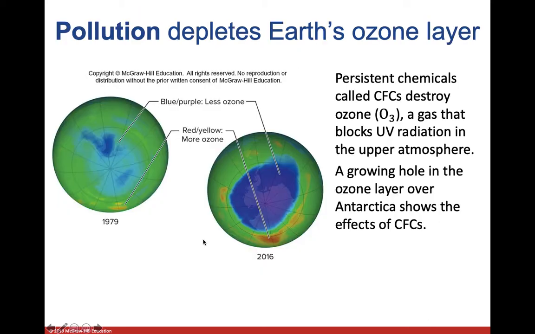It's very interesting. So pollution has depleted the Earth's ozone layer. Now this is a naturally fluctuating hole. It does get smaller and larger over time, but it has stayed constantly larger. It does shrink from time to time, but it has stayed significantly larger than what it used to be, and that's not a good thing.